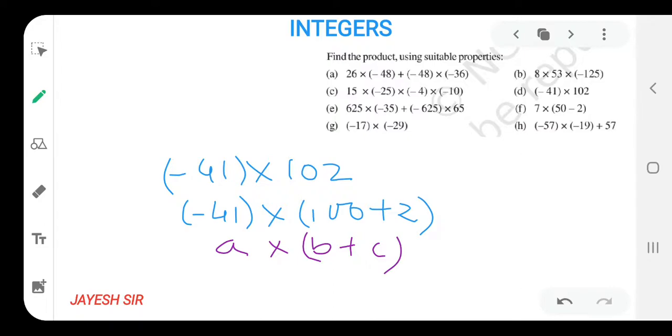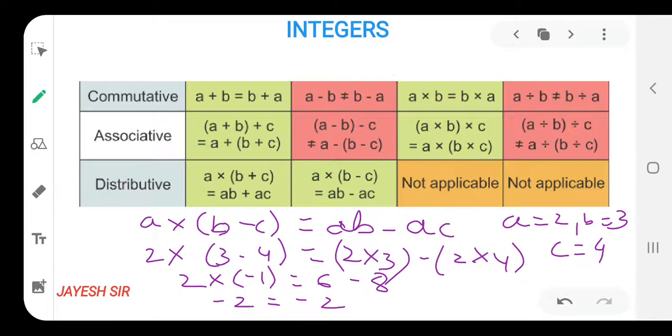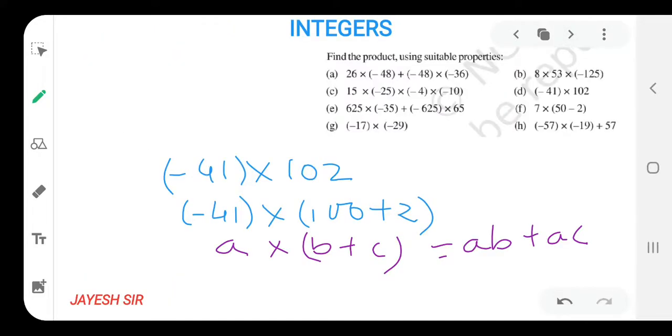That's very easy. And what was the result for that? So let's see it. a into b plus c. Our result was ab plus ac. Yes, this was our result. So let's see, ab plus ac is our result, as we can see it over here, friends. We are using that property only, and that property is the distributive property. We all know how to use it. So let's use it.